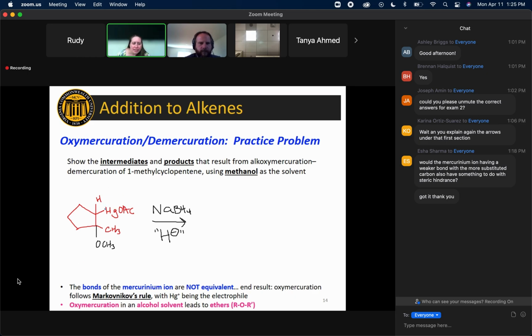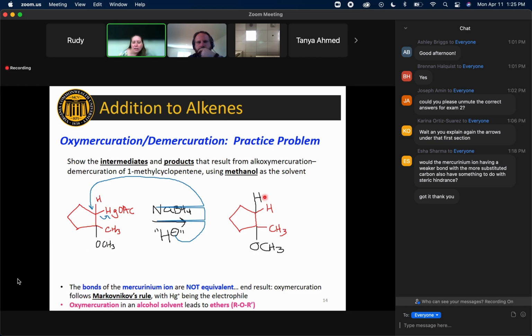So we've completed oxymercuration, right? You can see we've got our oxygen addition and our mercury addition. So we've done an oxymercuration. Now we need to do a demercuration. And the way we do that demercuration is by using the sodium borohydride reagent, which again acts as an H-, or a hydrogen atom with 2 electrons. And these 2 electrons are going to act in a nucleophilic manner, and they'll attack at that carbon and displace that mercury. And when they do that, you will achieve our final product here,